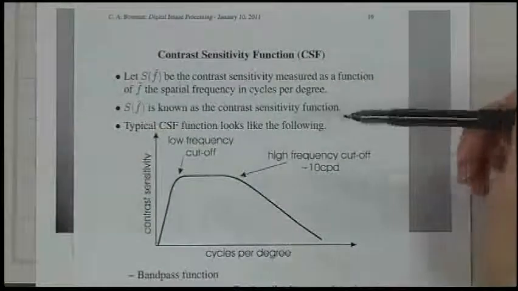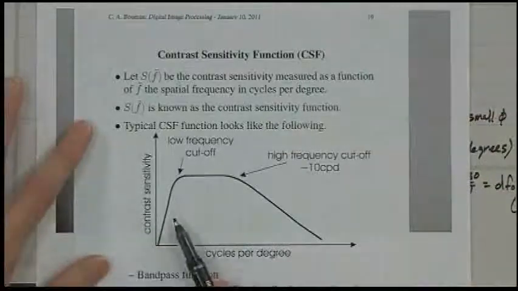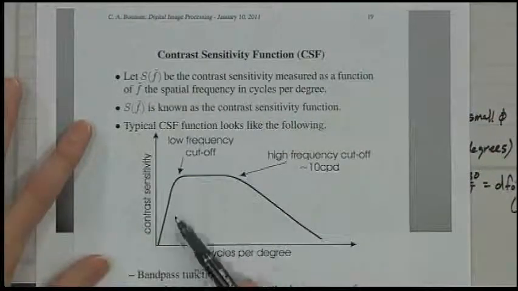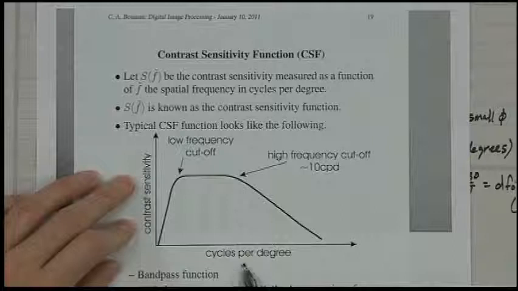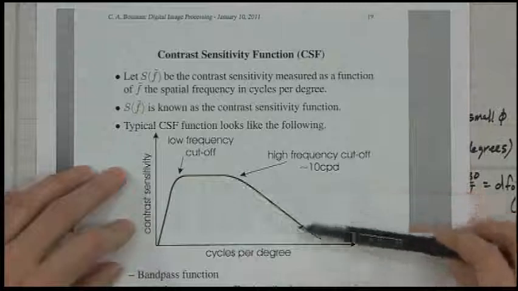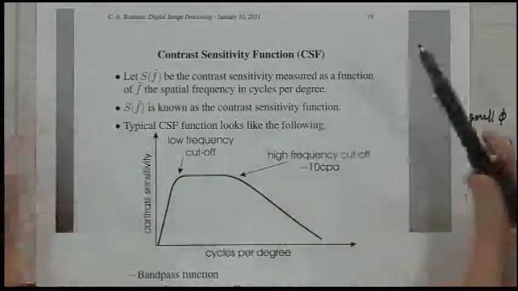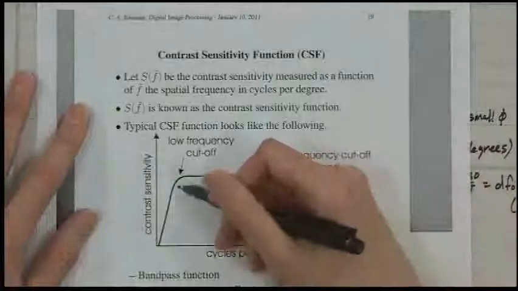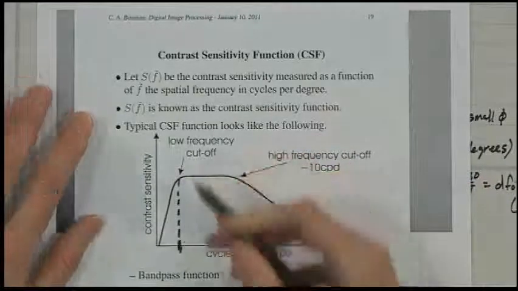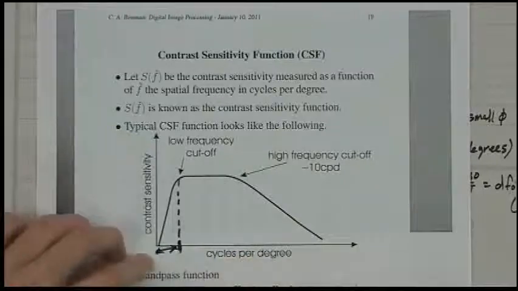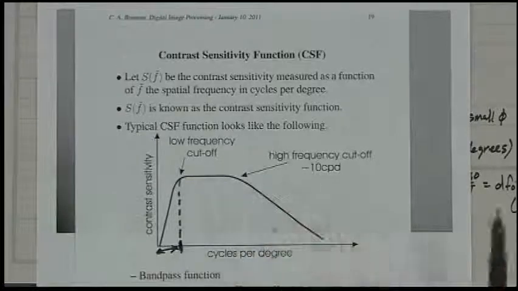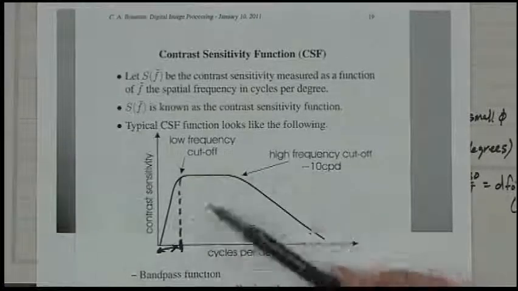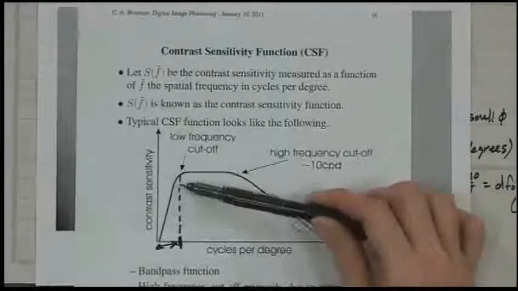That function that you get by measuring the response of the human visual system, measuring its contrast sensitivity as a function of spatial frequency, measured in cycles per degree, has a shape that looks something like this. It has basically a bandpass response. You have this low frequency cutoff, where this range down here represents very slow, very gradual variations. And this response, if you believe it,